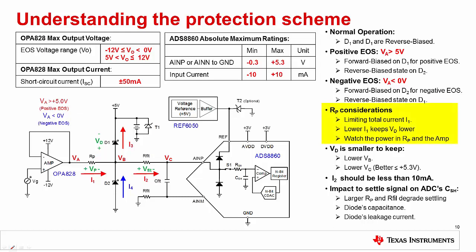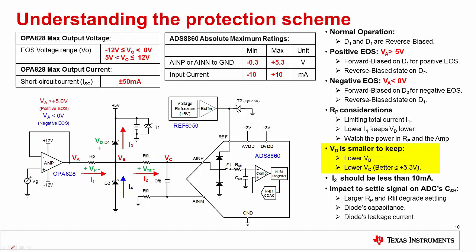Resistor RP will limit the current flowing into these diodes during a fault event, and depending on the value of RP selected, the power dissipation in the amplifier and the resistor RP can be significant. Later on we will cover the calculations for the component values used in this circuit. As mentioned before, the diode voltage VD is approximately 0.3 volts for a Schottky diode. However, depending on the magnitude of the current flowing through the diode, this voltage will change. For example, if current I3 is large, then the diode voltage drop will increase.